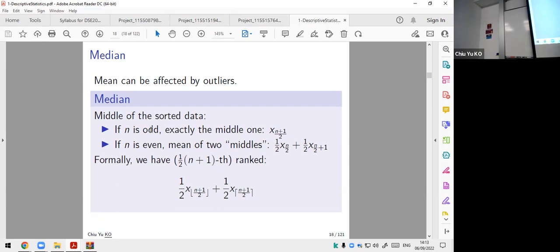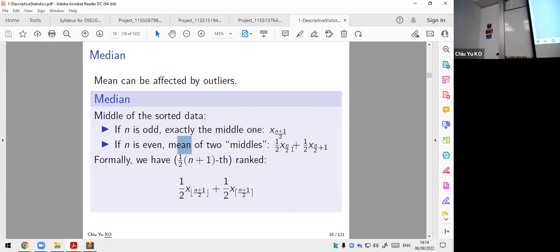We generalize it when you have n data. When n is odd, (n plus 1) over 2 is a well-defined number. If n is 3, 3 plus 1 is 4, 4 divided by 2 is 2, the second one. If n is 5, 5 plus 1 is 6, 6 divided by 2 is 3. This is exactly what we want. And if there's an even number of data, say 4, the middle means the second and the third. 4 divided by 2 is 2, and 4 divided by 2 plus 1 is 3. So 2 and 3. It's the average of the middle ones.